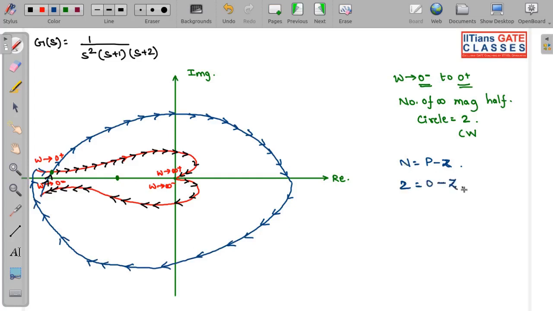And Z is actually the poles of the CLTF in the right half. Sorry, so here the encirclement, you can see, is basically in clockwise direction. So you can see I have made a mistake over here. Basically this formula is for anti-clockwise, so if your encirclement is clockwise, then you need to write minus over here. So Z comes out to be 2. Okay, Z comes out to be 2. So this system is basically what? This is an unstable system.